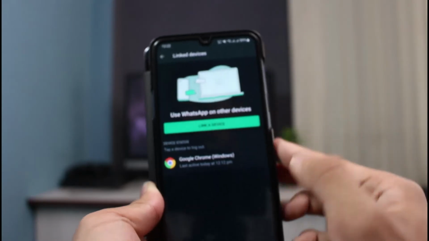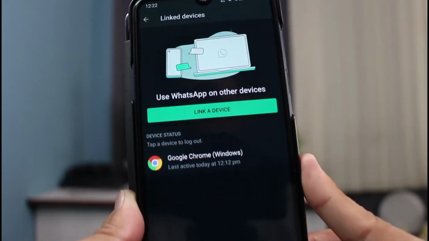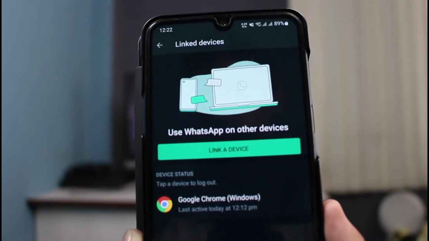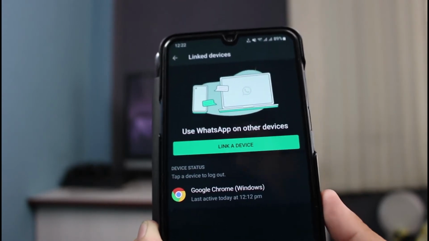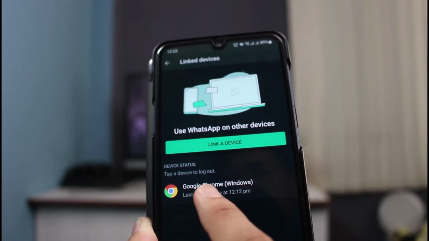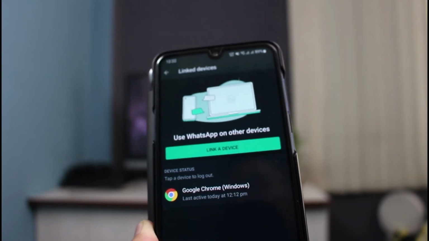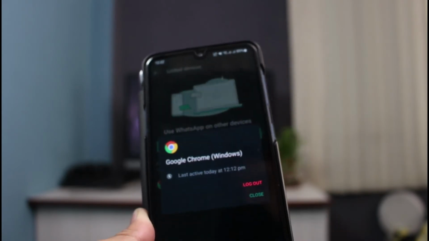As you tap on linked devices, on the screen it will show you a list of devices on which your WhatsApp account is logged in. So in my case, you can see one device over here which says Windows. If you want to remove this, you have to simply tap on it, and it will ask you for